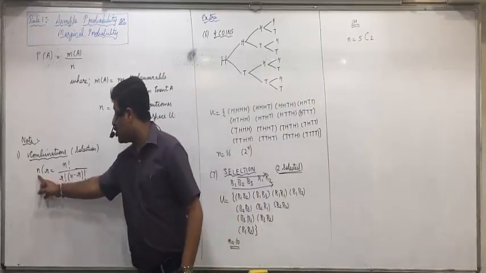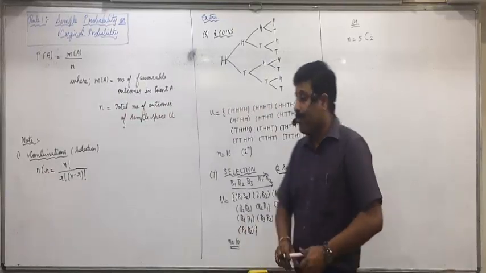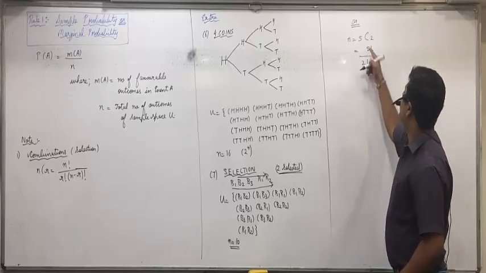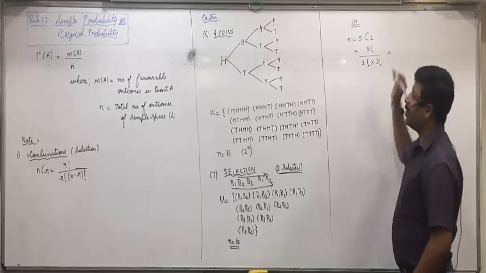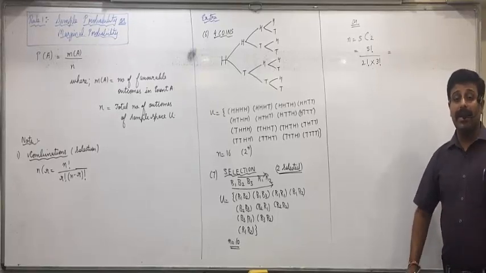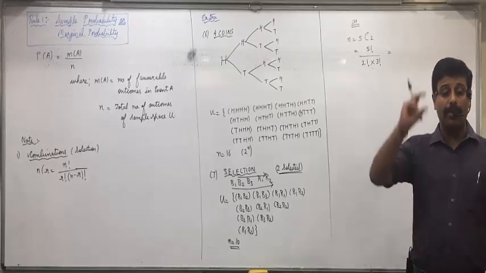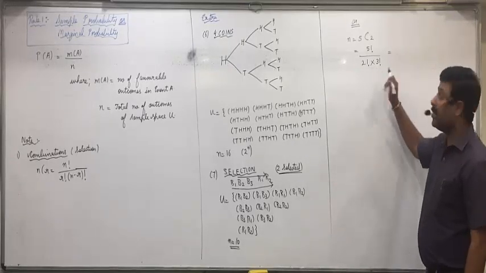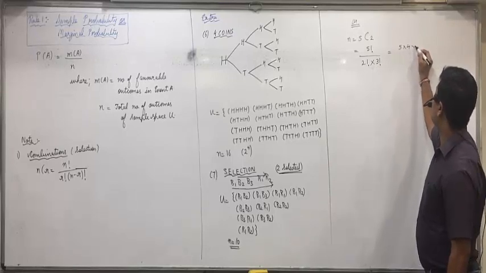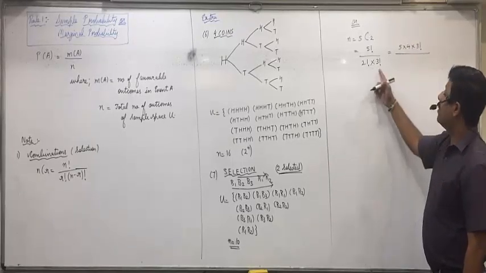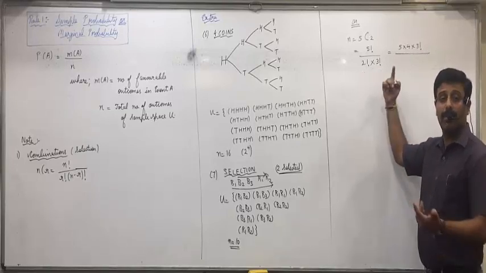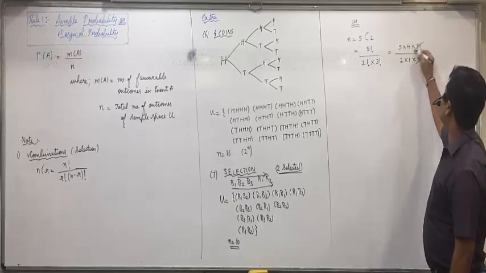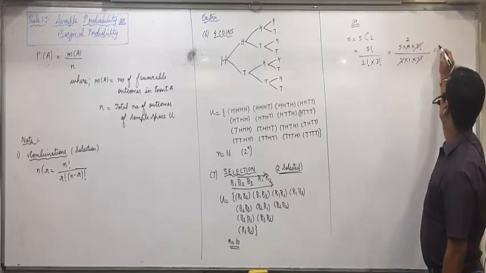nCr means out of 5 balls, 2 balls are selected. Now, 5 factorial upon 2 factorial, and you know what 5 minus 2 is? 3 factorial. If you remember, in 11th standard I told you, always open the numerator up to the bigger number of the denominator. Which is the bigger number in the denominator? So 5 you'll open as 5 into 4 into 3 factorial. In the denominator, whatever number is left out, open it completely. So 2 factorial is 2 into 1. 3 factorial gets cancelled. 2 into 2 is 4, 5 into 2.